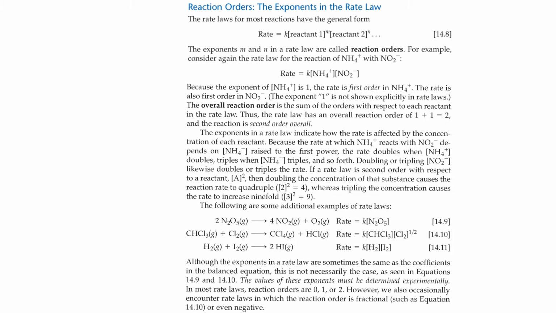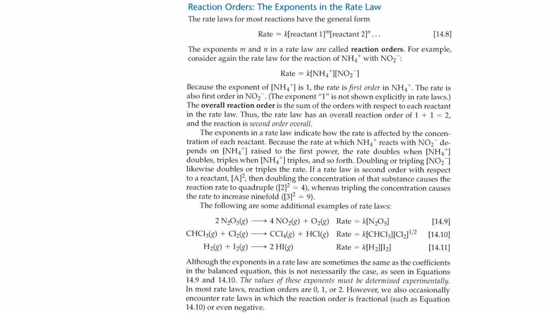Because the exponent of the concentration of ammonium is 1, the rate is first order in ammonium. The rate is also first order in nitrite. The exponent 1 is not explicitly shown in the rate laws. The overall reaction order is the sum of all the orders with respect to each reactant in the rate law. Thus, the rate law has an overall reaction order of 1 plus 1 equals 2, and the reaction is second